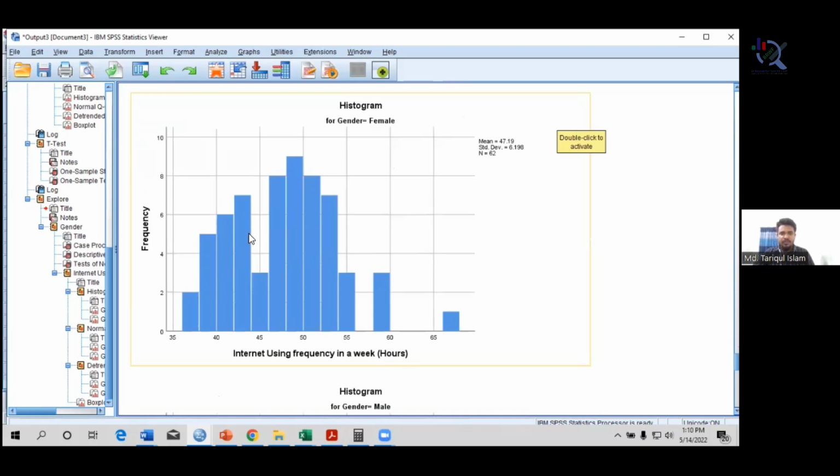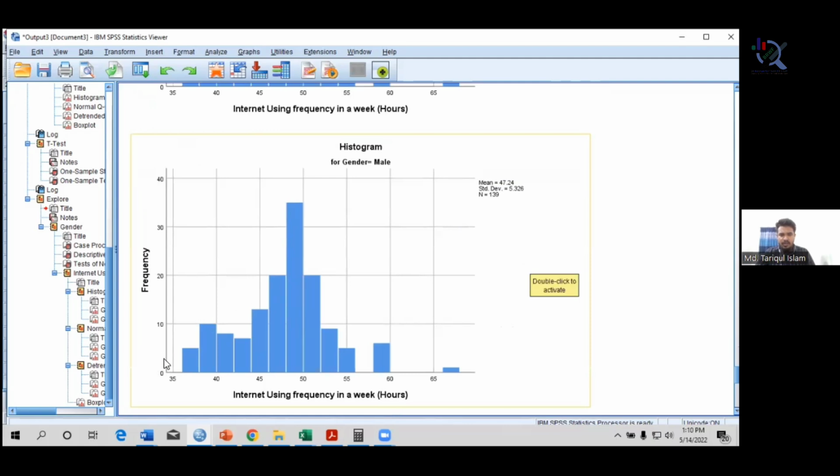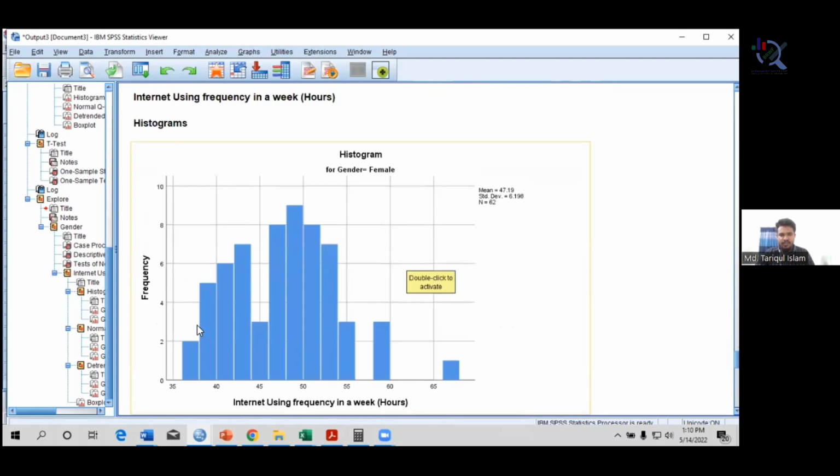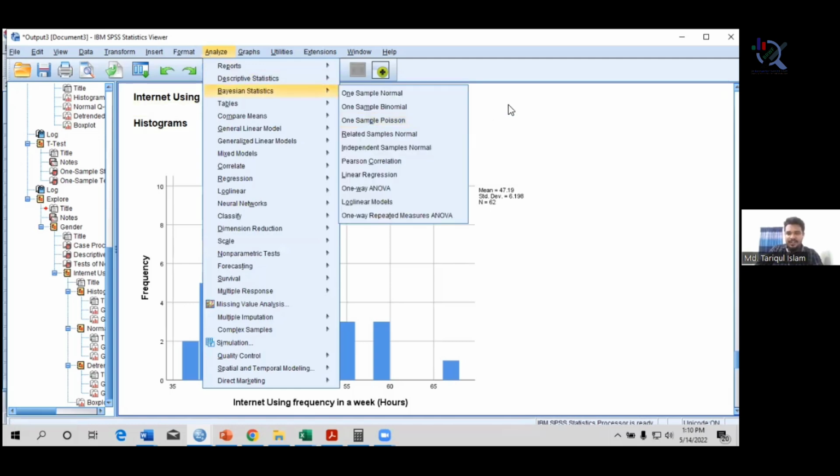In the histogram, for the female it is okay, somewhat bell shaped. For the male, it is not, actually. There are so many gaps, even in the female. It is not like that. But we can conduct the test as we don't have any other data apart from that. So for conducting the test,